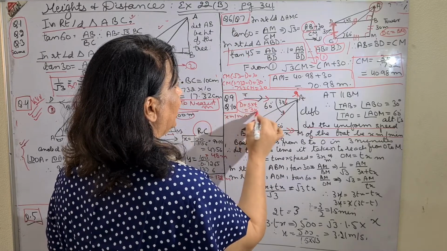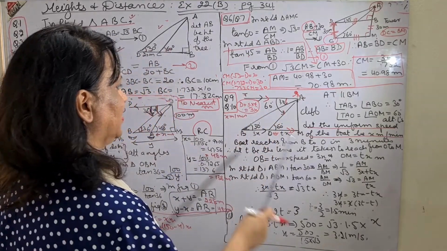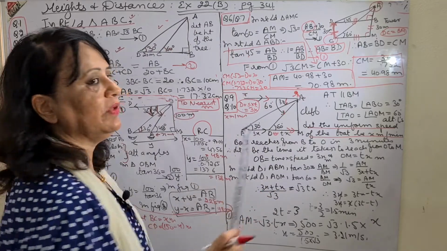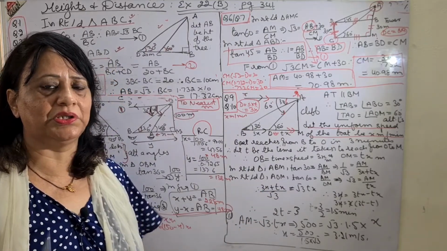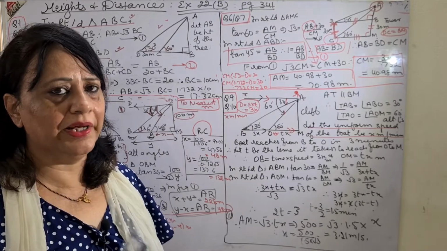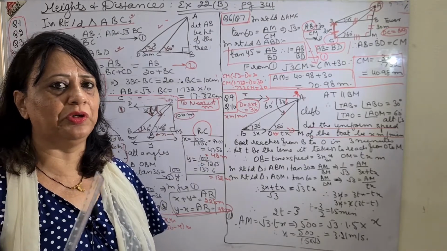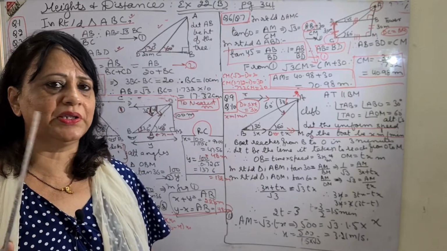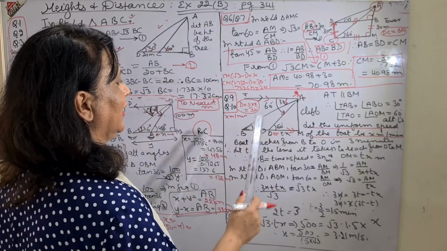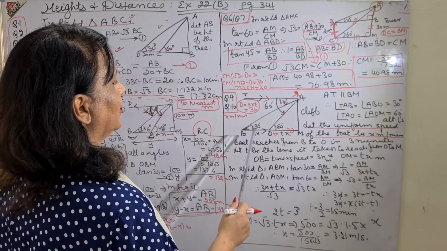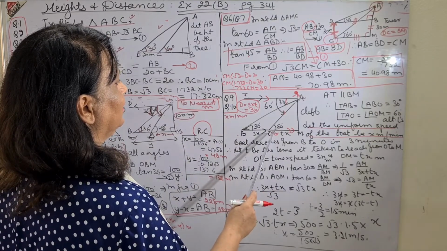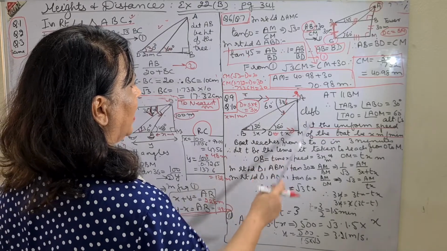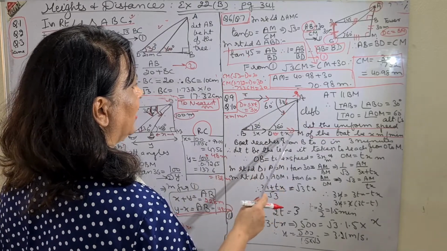As I have explained, when the angle of elevation changes from 60 to 30 degrees, my distance comes to be 3x, which I took from the language of the question. 3 was my time and x I supposed to be the uniform speed. I made you underline these two points because this will be used to find the distance. Then they have not given the time when this boat is moving exactly beneath. Immediately beneath means at point M. So let us suppose that time to be t.